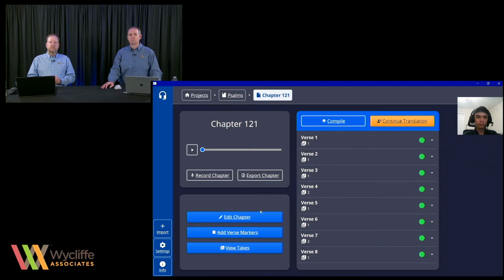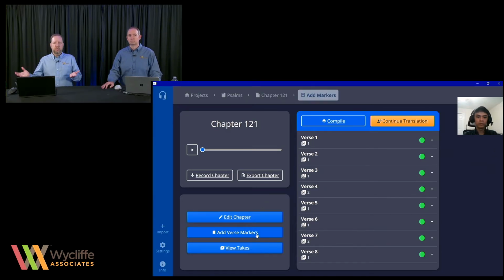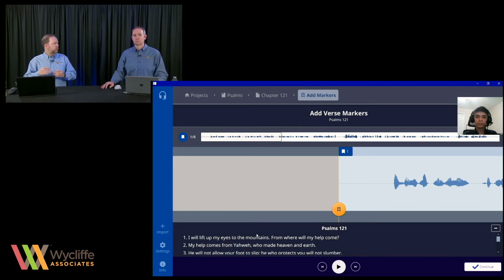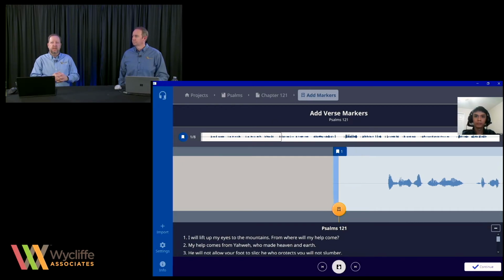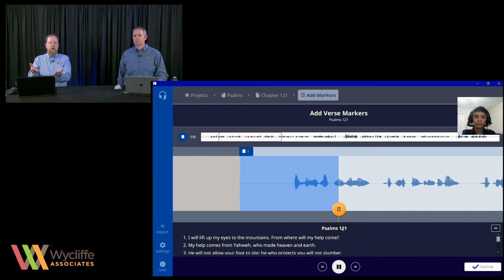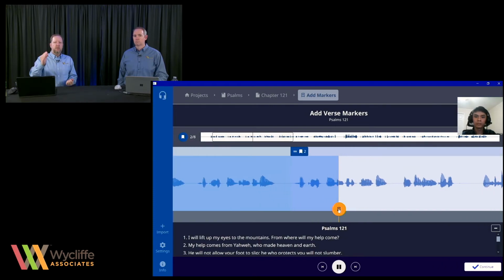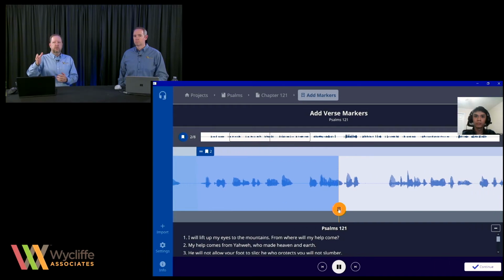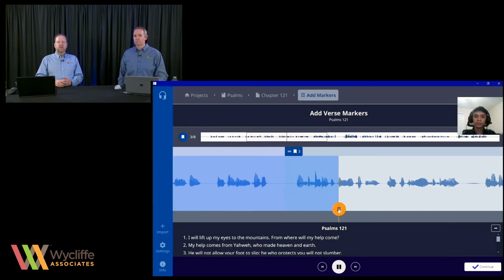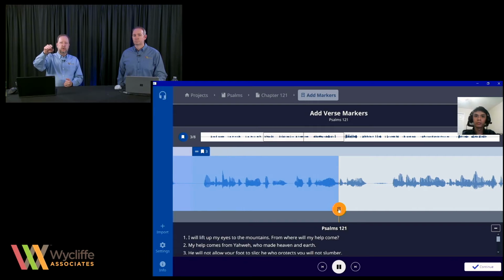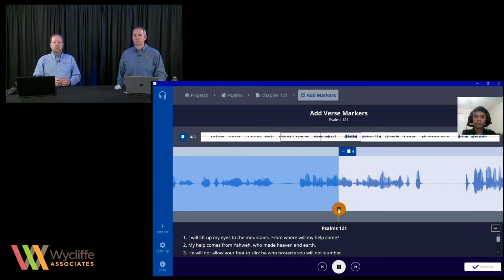Now, unlike the compiled chapter where it knows where all the verses are, when we do a recording of an entire chapter, we actually don't know where the verse markers are, right? Because you read it. I don't know where your verse starts and begins. So we provide a tool here where you can actually play it back and tell the software, by the way, where does the verse marker belong? Once again, we provide the text here so that you can hear as it's rolling along where that goes.